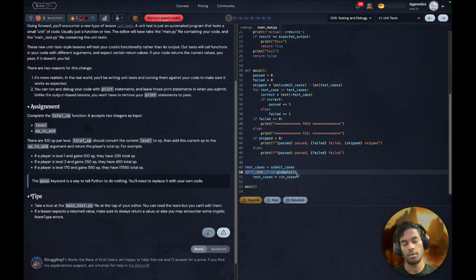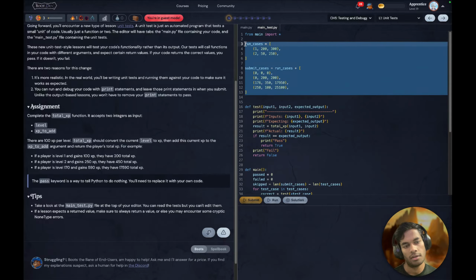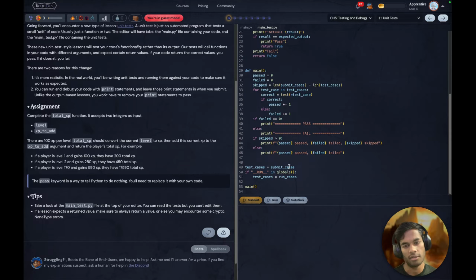If run in globals, test cases equals run cases. I'm making test cases equal to submit cases. Test cases equal to submit cases. And if run in global,